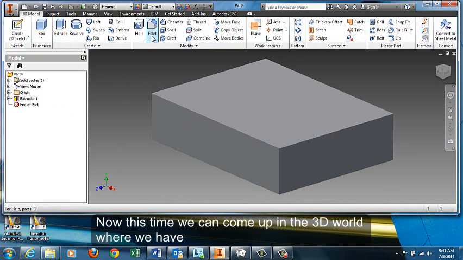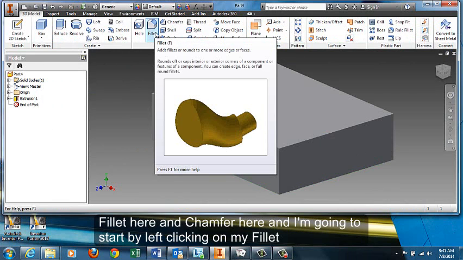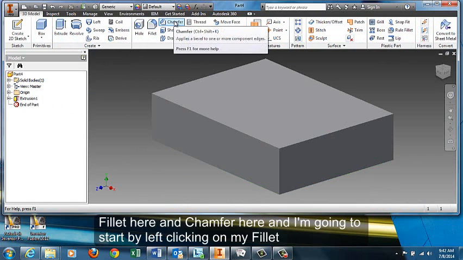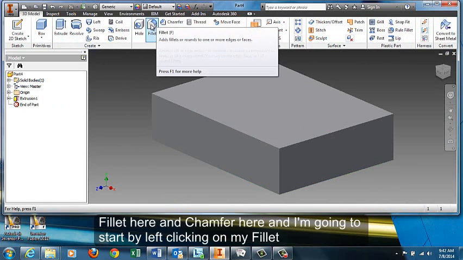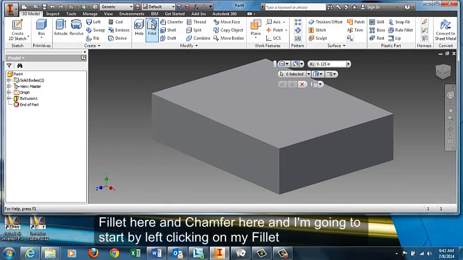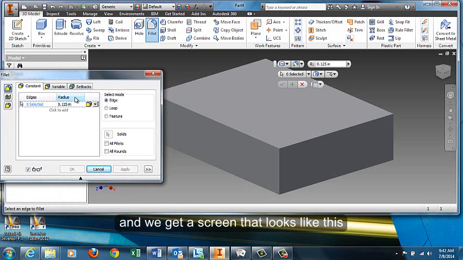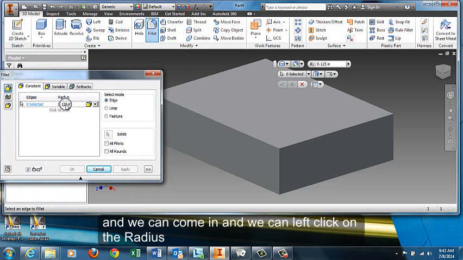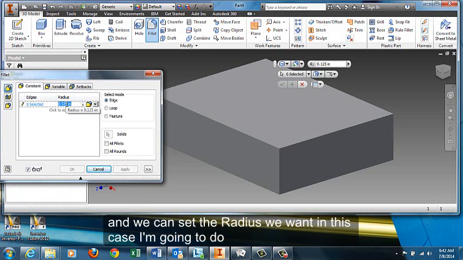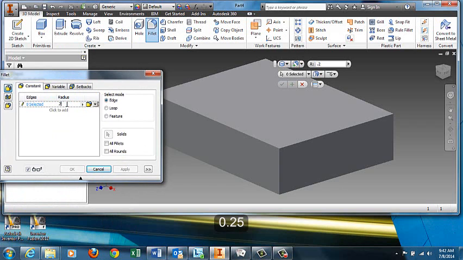Now this time we can come up in the 3D world where we have fillet here and chamfer here, and I'm going to start by left clicking on my fillet, and we get a screen that looks like this, and we can come in and left click on the radius and set the radius we want. In this case I'm going to do 0.25,